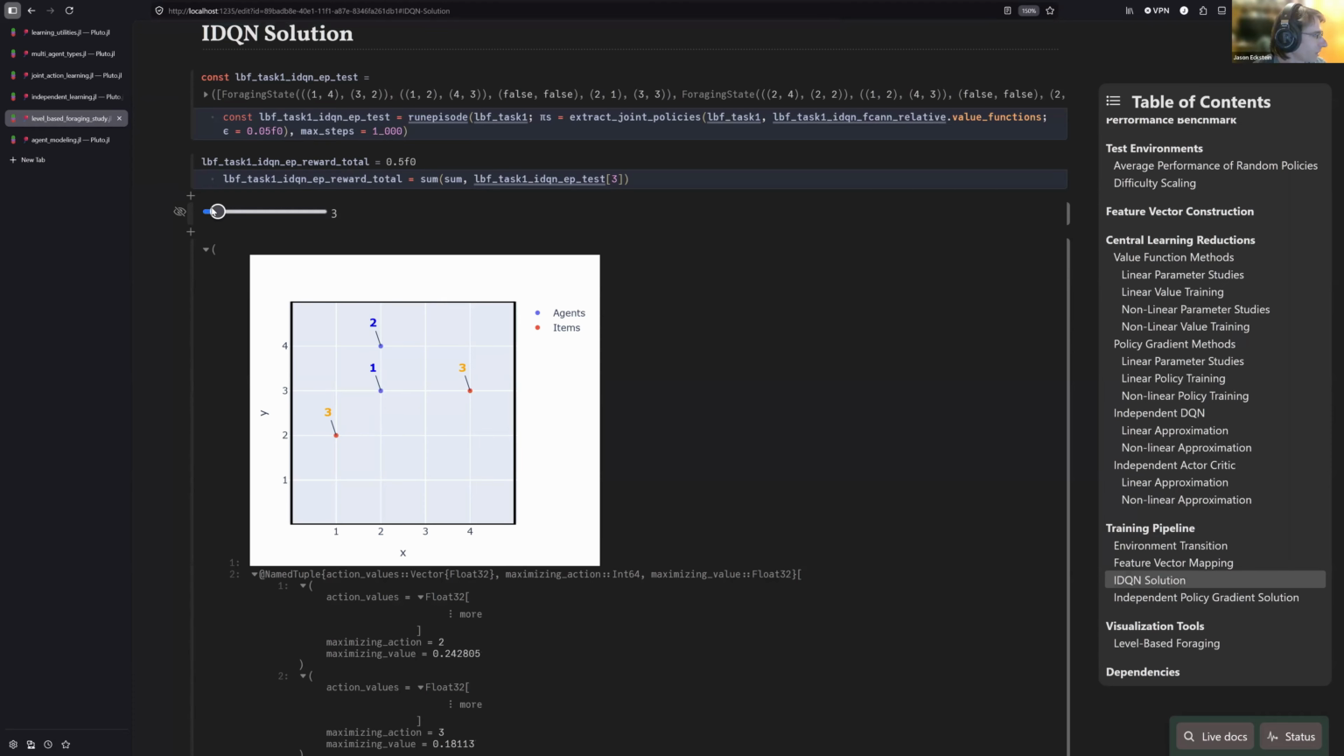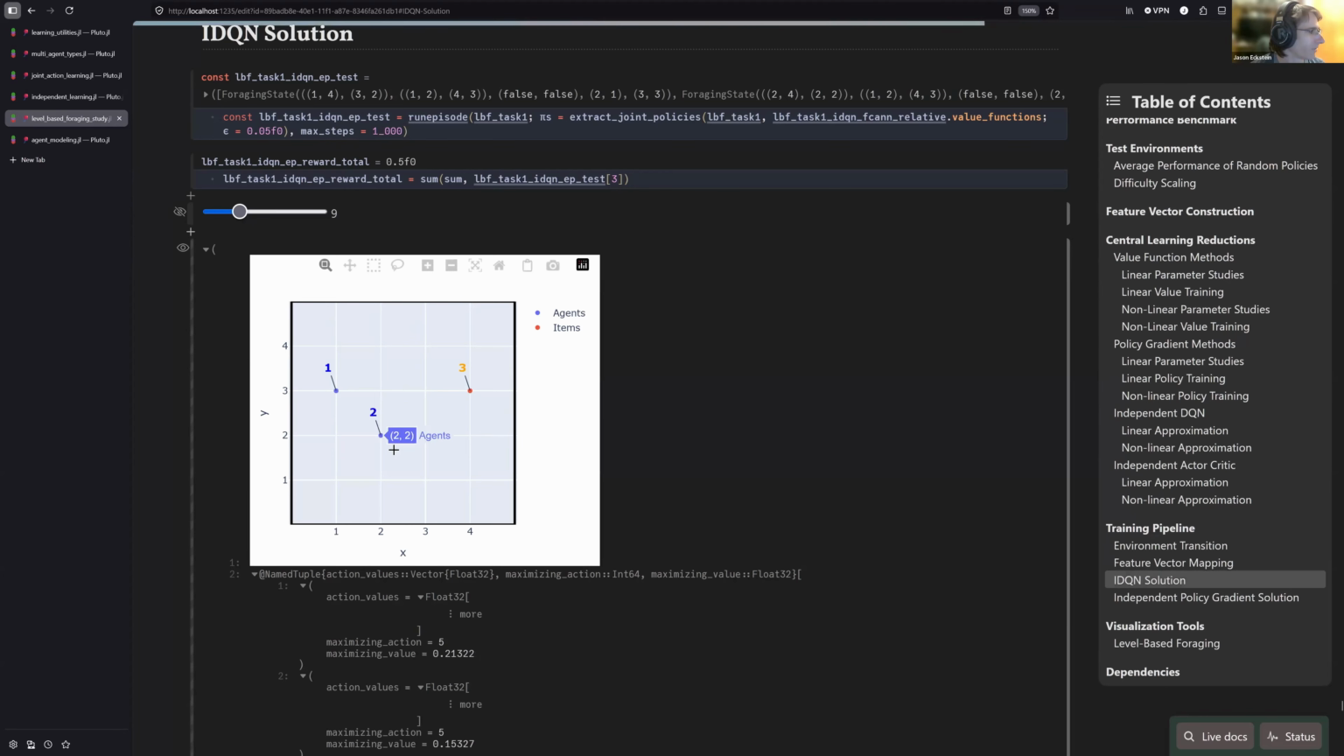We can see how this goes, and I believe in this case they end up collecting. So here, we can see agents 1 and 2 surrounding this item and then collecting it. And then after that, they don't know what to do. So again, who knows, IDQN, but the fact that it learned to collect this one item means something positive, but